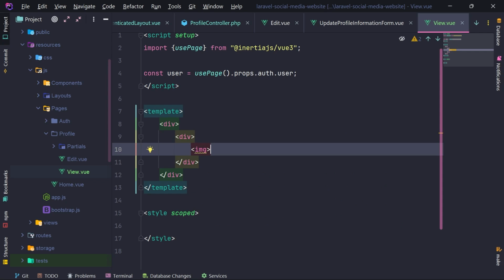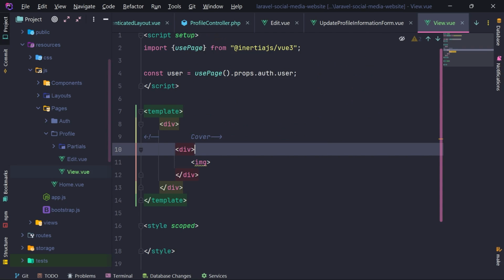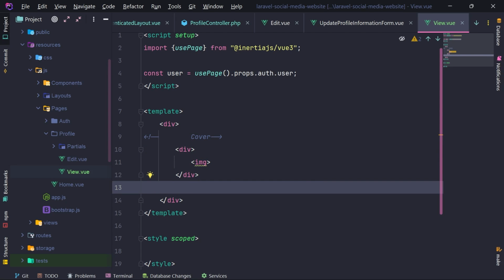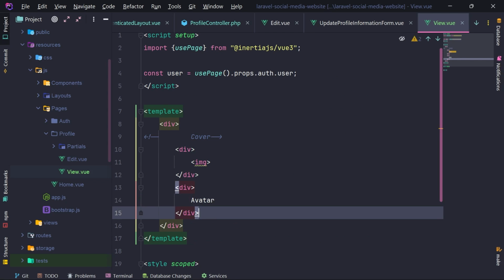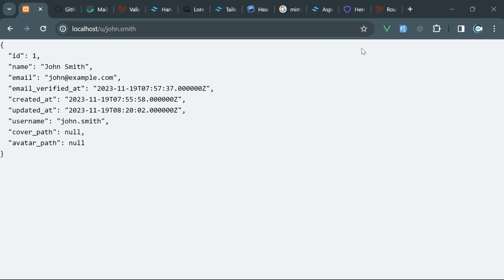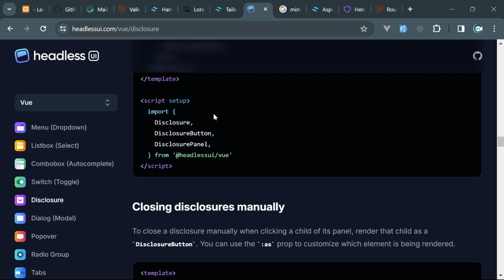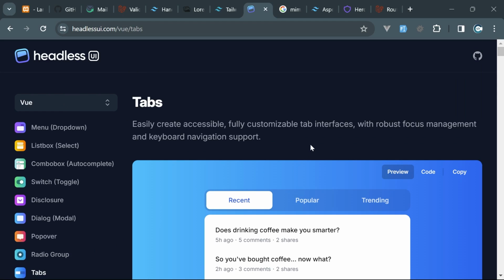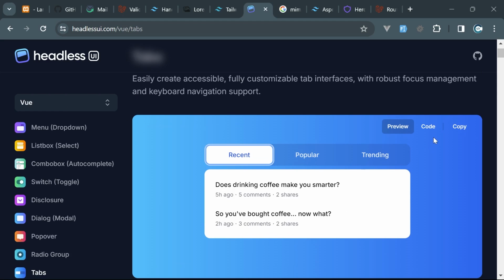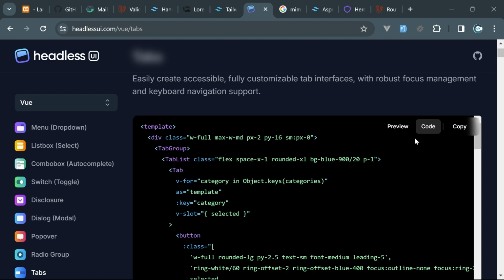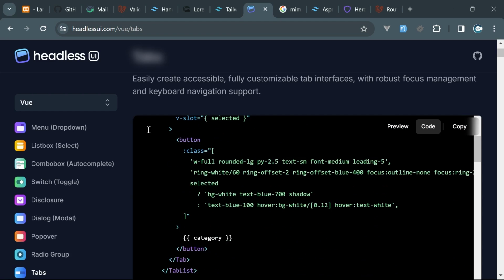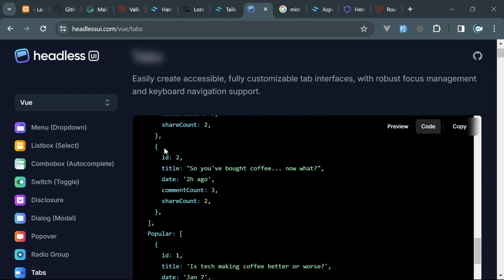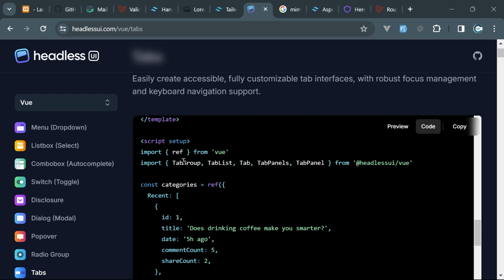Inside there, I'm going to have an image for, sorry, first we're going to have the cover. So that's going to be cover. I'm going to have another div for avatar, and then we're going to have tabs. For tabs, I'm going to use the headless UI. We should have tabs here. We are in the vue.js, so these are the tabs. I will go into code, and so these are the whole templates, and it contains also JavaScript,